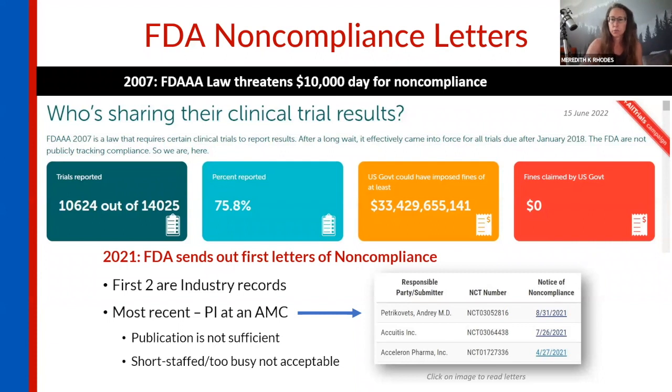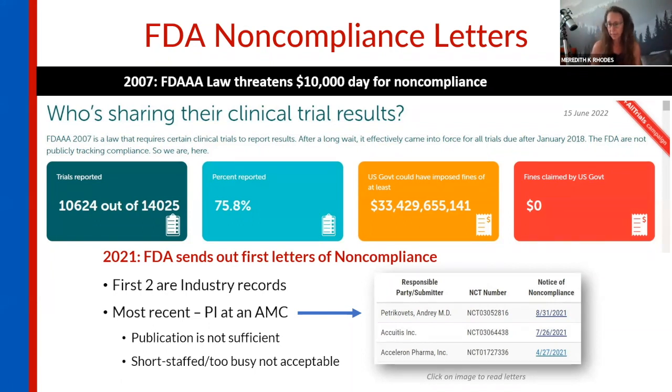This is as of June 15th. You can see this ridiculously high number of potentially imposed fines as a result of noncompliance on ClinicalTrials.gov and the federal law, and $0 claimed by the U.S. government. So this has been a large driver to us, to the nationwide ClinicalTrials.gov task force, to all sorts of academic medical institutions and industry